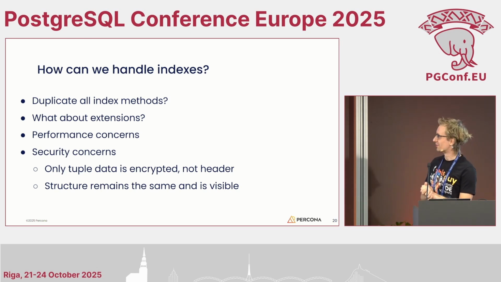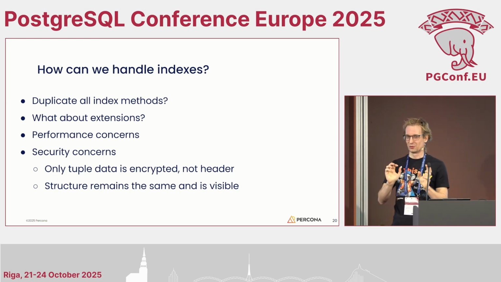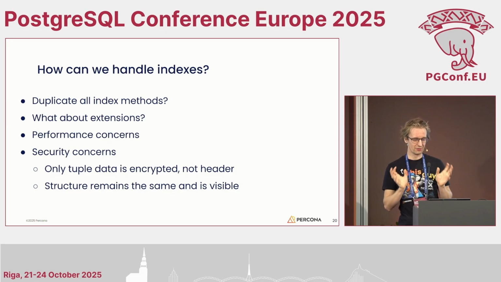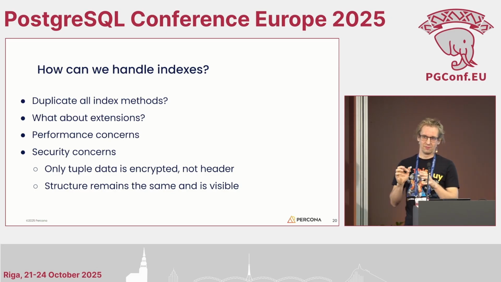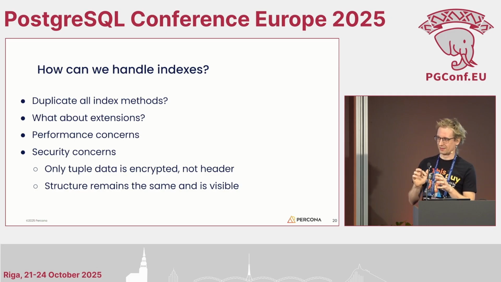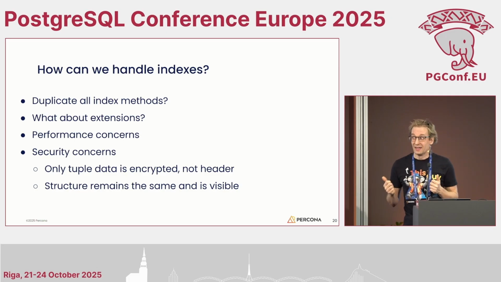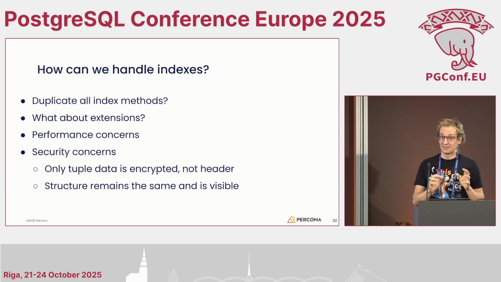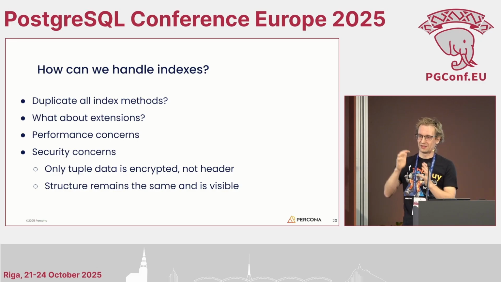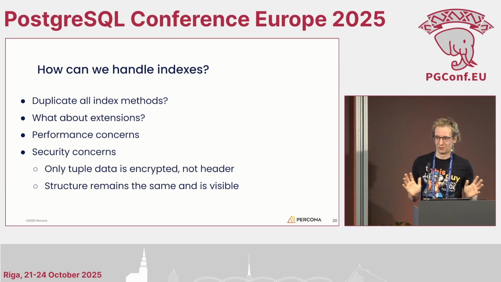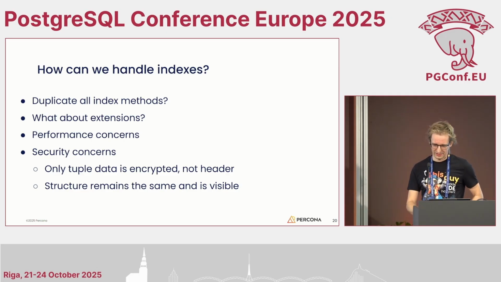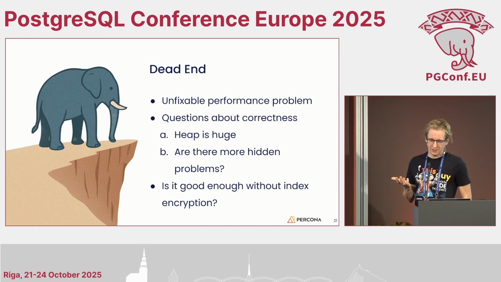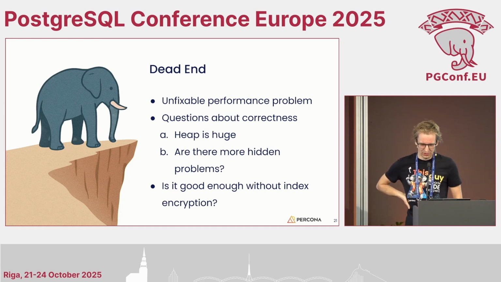And we also had some security concerns because we took some shortcuts about which parts of the data we actually encrypt in the files. We didn't encrypt everything, only where the meaningful part of the data was. And for indexes, even if you can only see the structure of the file, that could reveal some information about the data. So we weren't sure if this solution would be enough for that. And considering all these issues, we decided to call this a dead end. We had these performance problems.